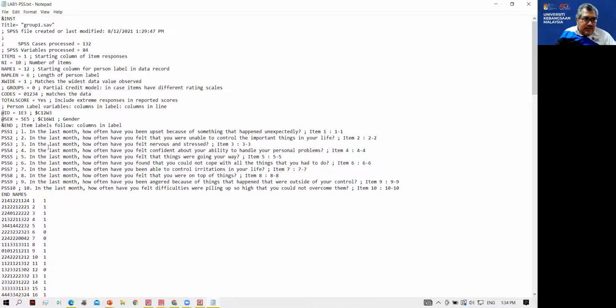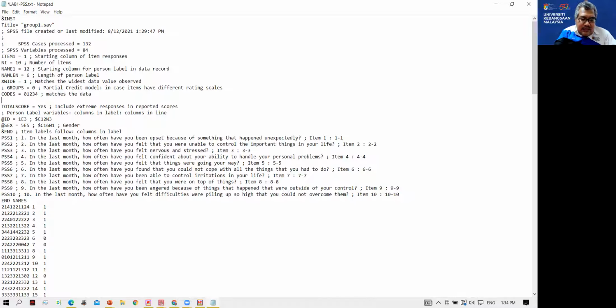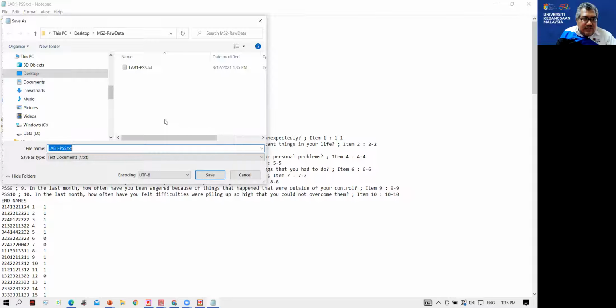Okay, so you can see here what is the code, 01234. It matches the data. Okay, I'm just going to add another line. So this one, line equals 300. Why? Basically, if you want it to be as wide as possible so that they can demonstrate whatever you need to demonstrate. Okay, so save as, but I'm not sure where it is saved, or if it's under raw data.